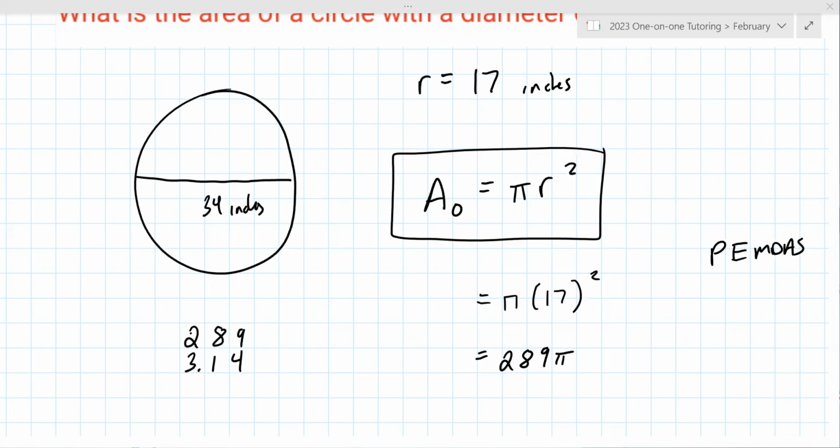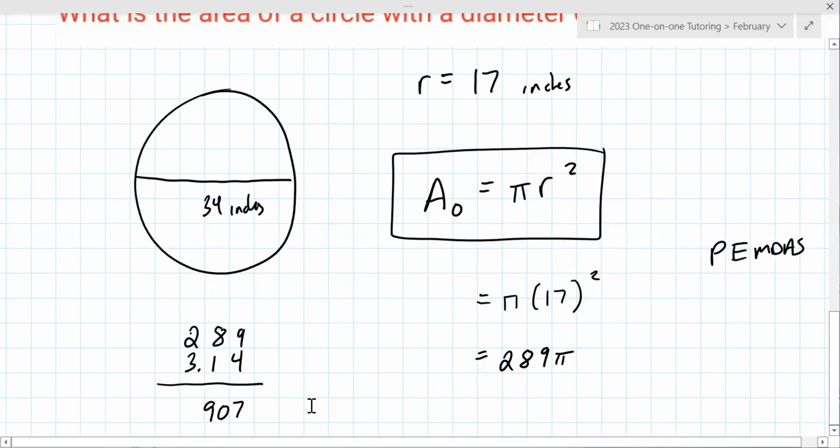Okay, that's the 4, carry the 1. 9. Okay, 7, carry the 1. 0, carry the 1. 907.46. Yeah, so now